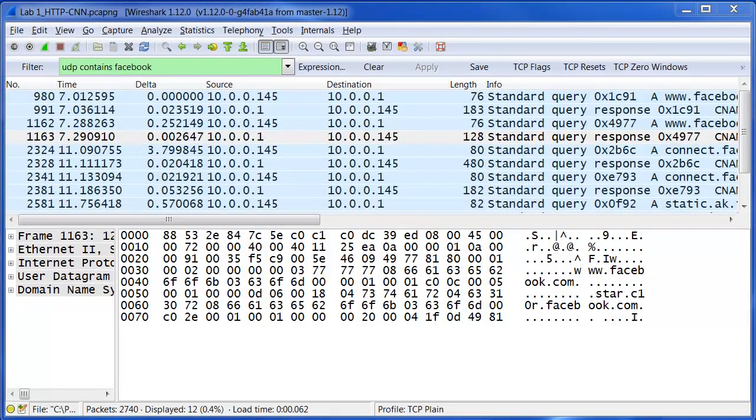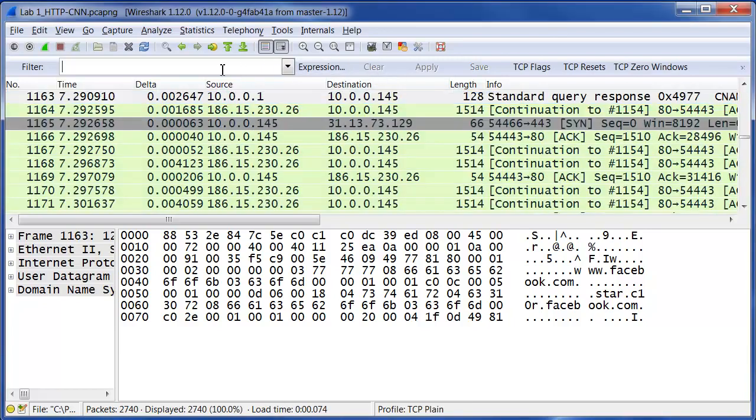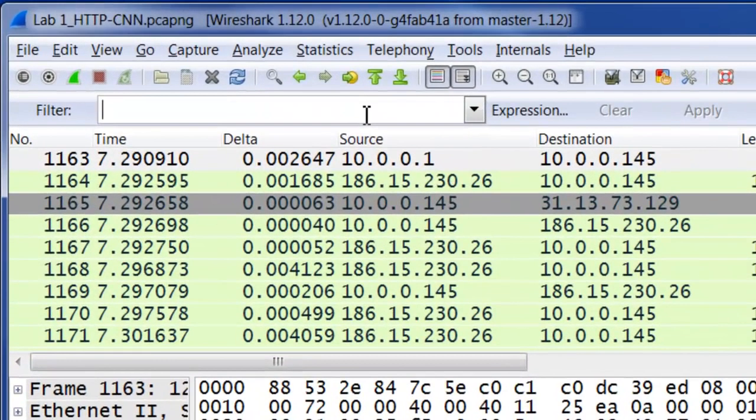Now from here we're going to take a look at a couple of very useful application filters built into Wireshark. Specifically, these involve HTTP. Now HTTP, as we know, is an application that uses requests and responses from users. So I'm going to come up and clear my previous filter out. I'm going to come over to my filter bar and I'm going to type in